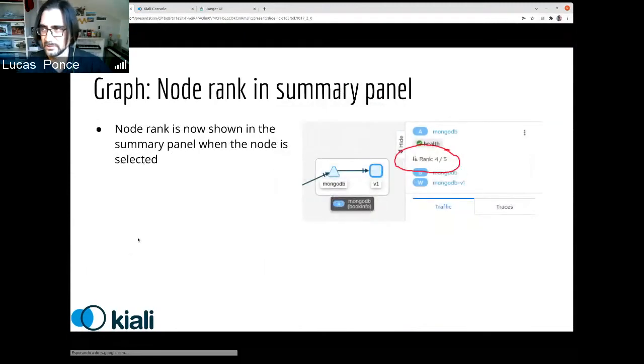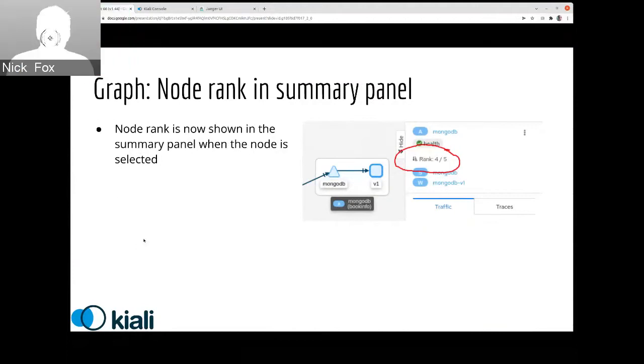So let's continue. Also, we have more improvements in the area of the graph, the node summary panel. So I guess that Nick, you would like also to comment on this enhancement of your feature. Yep. This is an improvement to the node ranking feature that was recently added to Kiali. So whenever your nodes get ranked based on the ranking criteria that you selected, when you pick a particular node on the graph, you'll now see what that rank is in the node summary panel. So like you can see in the screenshot, it'll just tell you this node is ranked 4 out of 5, with 5 being